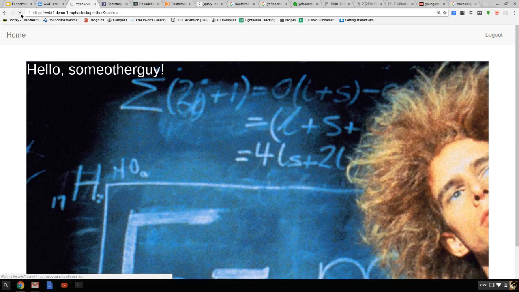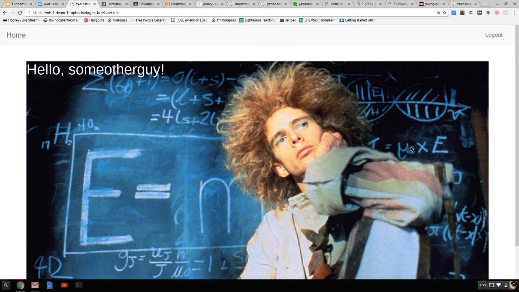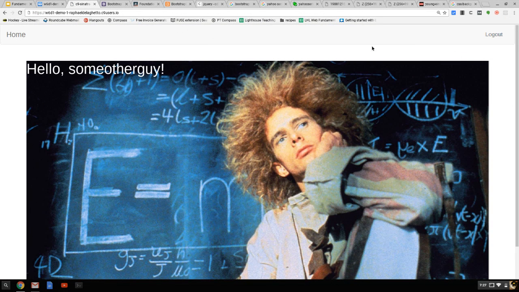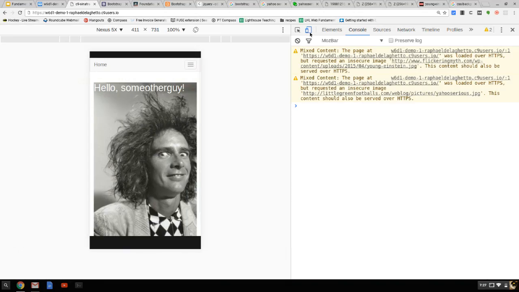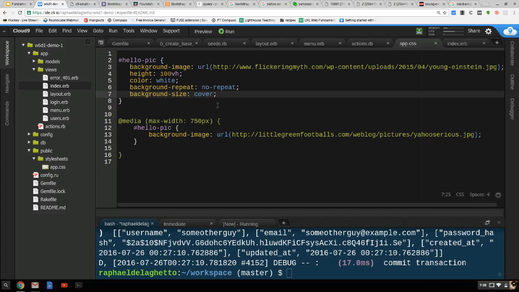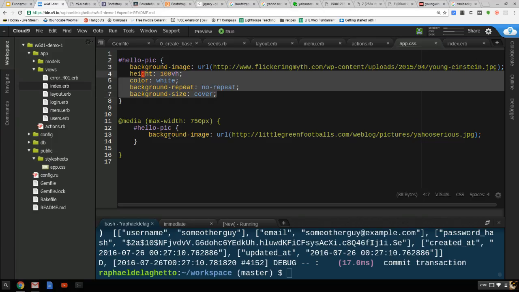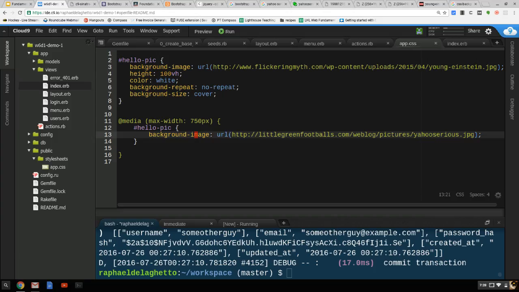I think this one should be slightly more constrained if I don't get logged out. Oh, there it is. So now we can see the whole thing. When I go down to cell phone size, there we go. Looks a little bit nicer, right? You can overwrite all of these things. So clearly this is inheriting these properties, right? I didn't have to type all this stuff again. All I changed was the background image. Anything I don't touch